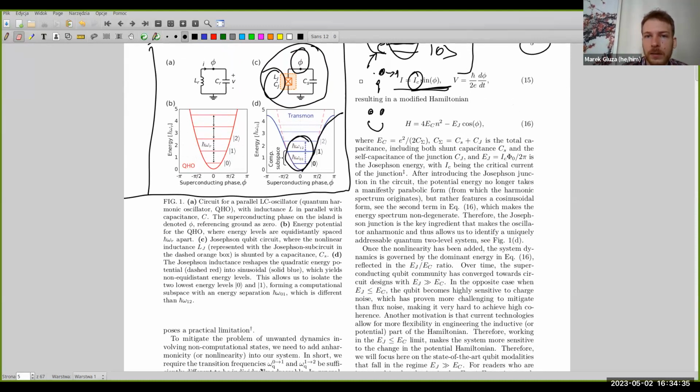So not phi squared, omega squared, cosine squared, so cosine phi, 1 minus 1/2 phi squared. Okay, approximately. And here we have omega q, 0 to 1. Okay, so